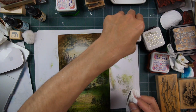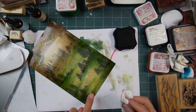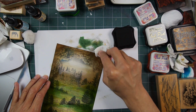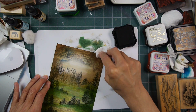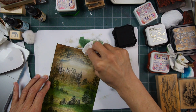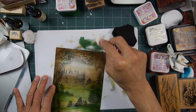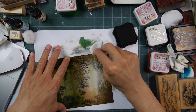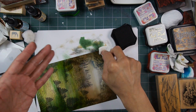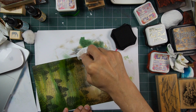Okay. Now I used some black underneath my trees and down in here on the corners. So let's do the same thing up top. It'll bring a lot more continuity to the piece by doing the same thing on the top right and left corners as you do on the bottom left and right corners. You don't have to do this. I mean, you can make the bottom a lot more heavy, but by and large, this little trick here,